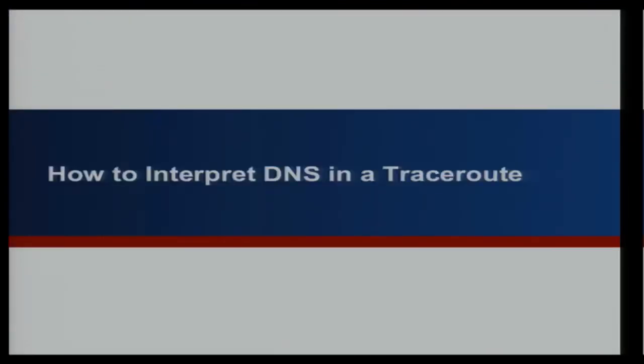So now we get into one of the first things you can do to really figure out Traceroute: how do you interpret the DNS data that's been put in there. This is how you can do better troubleshooting as you read it. Really, one does not read Traceroute via IP alone. Almost every operator, for their own sanity as well as people on the internet, is putting DNS in there. And the more you can interpret out of it, the better